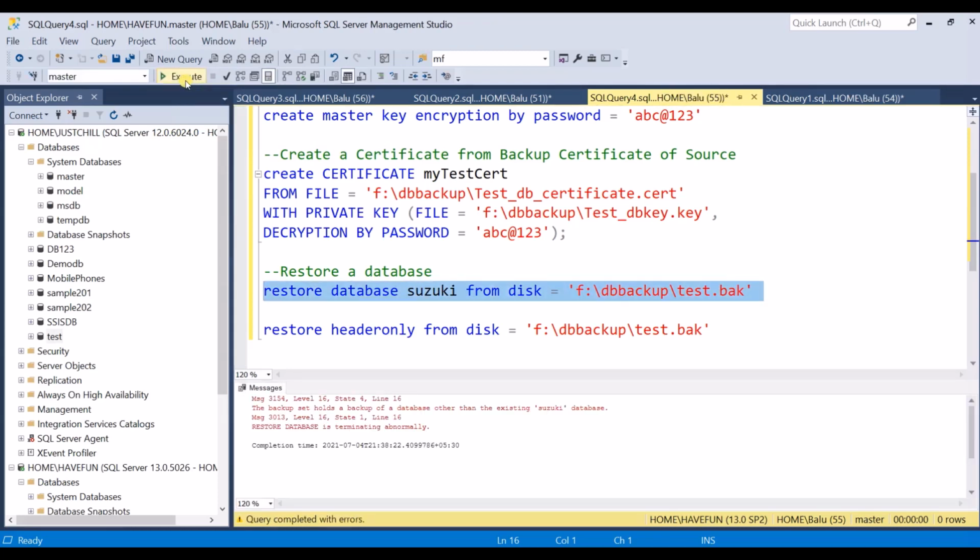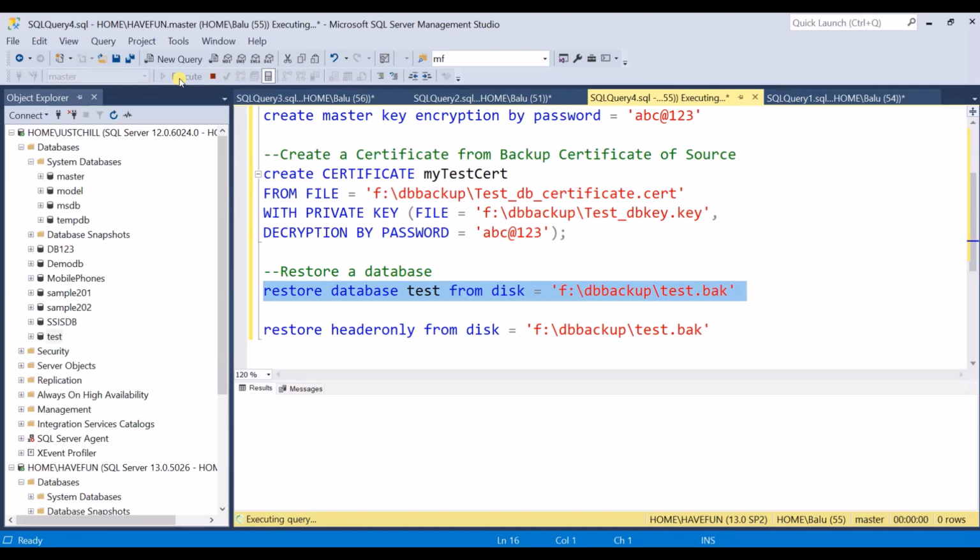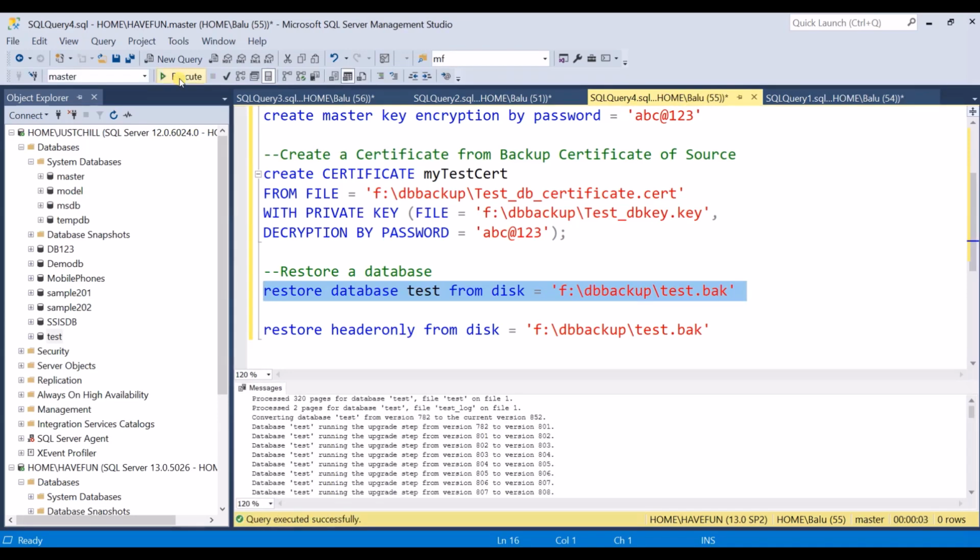Sorry, I have given the wrong database name. It was test, and let me execute this now. You can see the database has been restored successfully, right? So this is how you restore a database backup that has been encrypted.